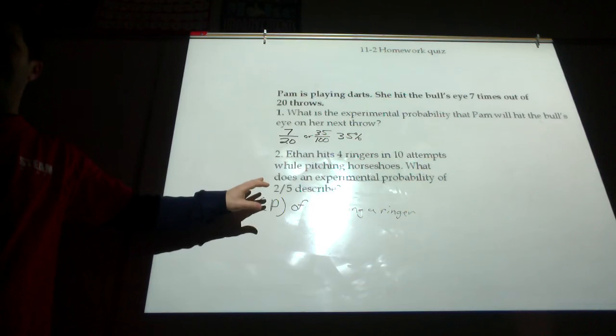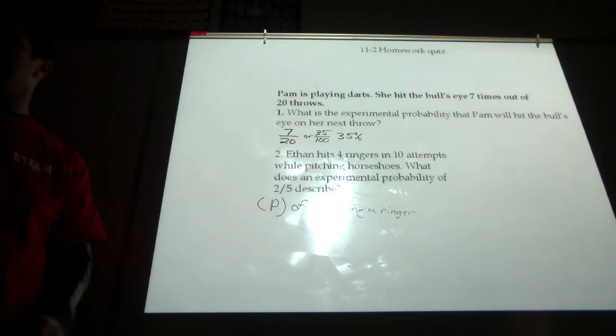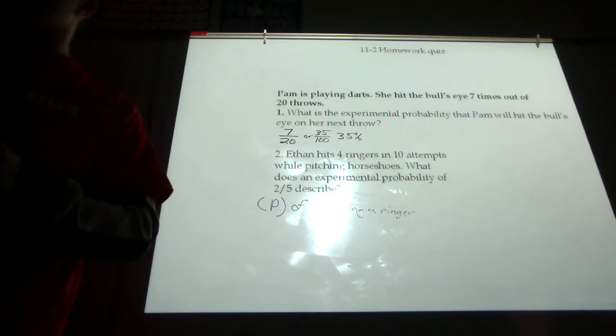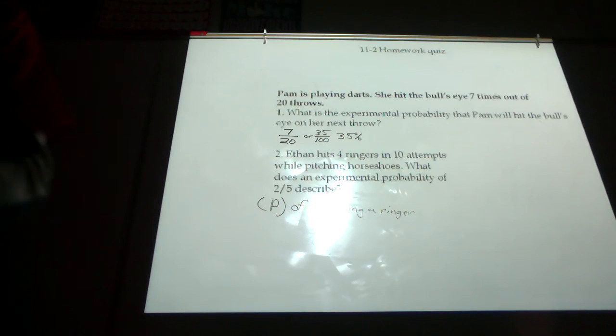Okay? This one just made you think a little bit more about it. Okay? So you should have an idea of where you're at with experimental probability. We'll take